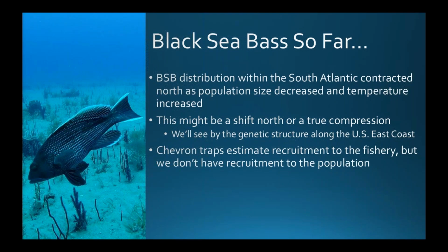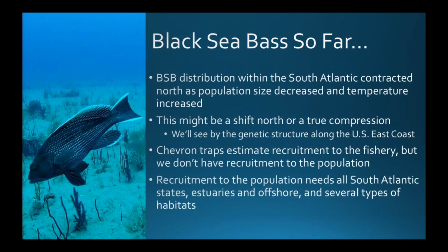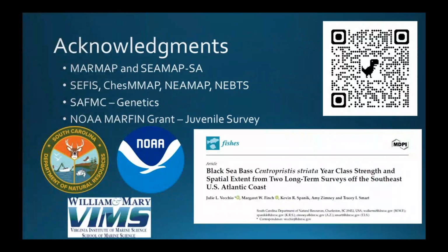Chevron traps estimate recruitment to the fishery pretty well, but we don't currently have recruitment to the population from any long-term surveys in the area. Recruitment to the population really needs all South Atlantic states sampled, estuaries and offshore sampled, and several types of habitat to be sampled. And with that, we'll be happy to take any questions, but I do want to acknowledge our